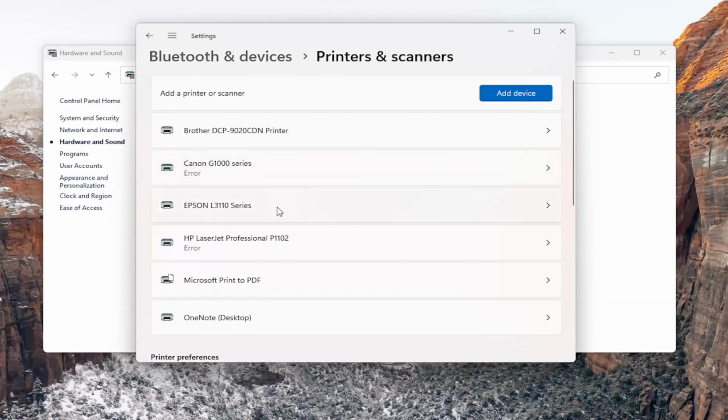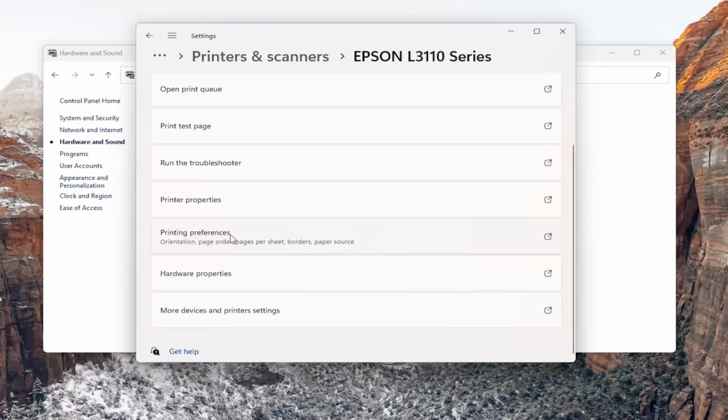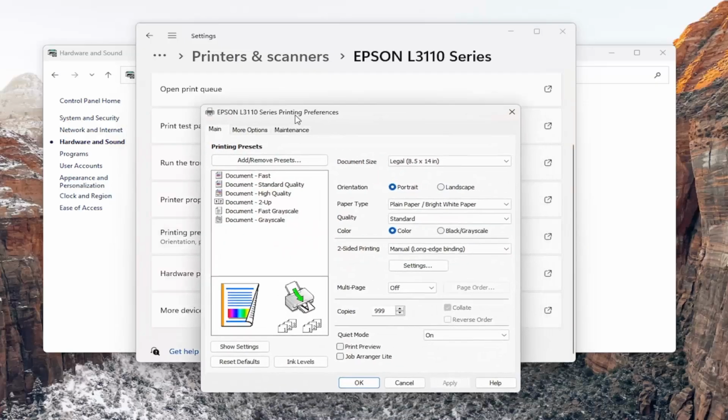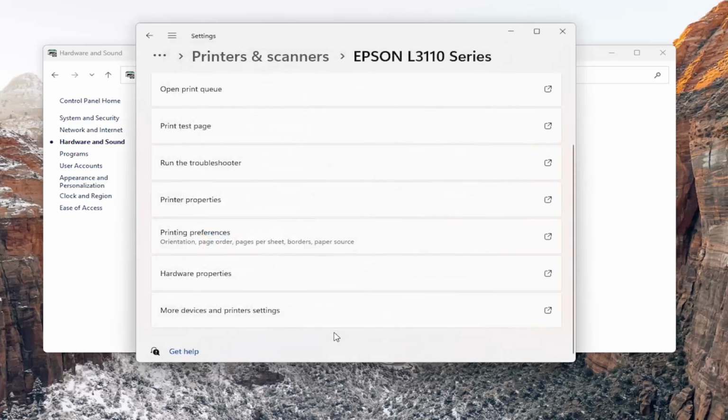the Epson printer that is installed on your computer. Go down to the Printing Preferences button and open that up. And now there should be an option underneath Quiet Mode that says Print Preview. You can either check mark that on if you want to enable the Print Preview, or uncheck it to turn off the Print Preview. And then you would select Apply and OK to save that, and then that's all you'd